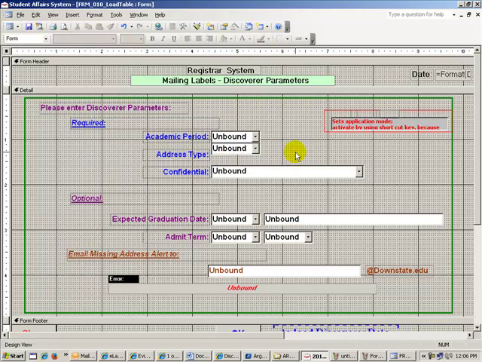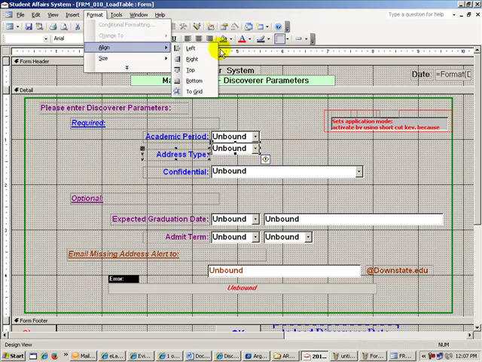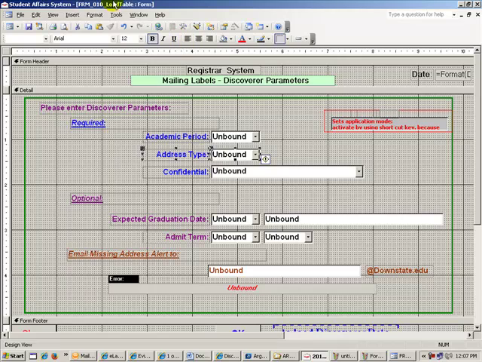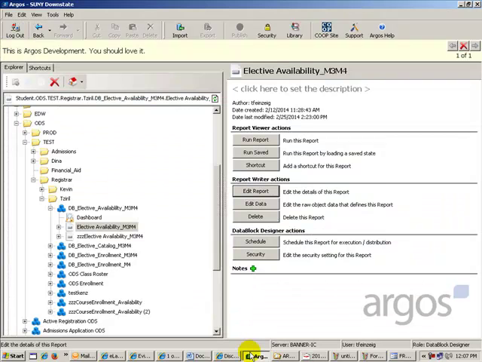Now, this object is out of place. It really should line up with this one. How? It should line up to the bottom of this one. So I'll shift click. So now these 2 are selected. I go Format, Align, Bottom. Okay, now if I go to Argos,